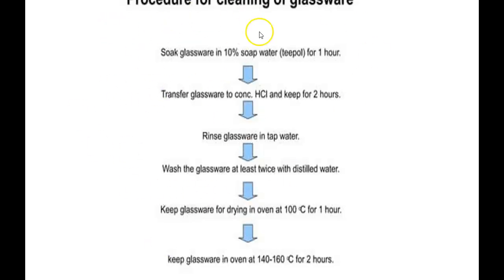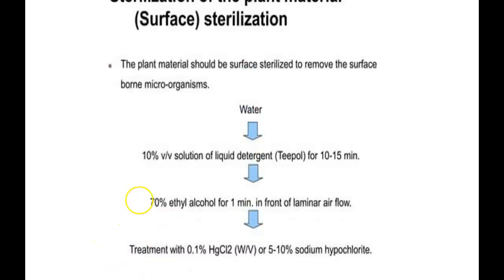For the procedure for cleaning glasswares, first of all you have to soak the glass in 10% soap water for 1 hour, then transfer the glasswares into concentrated HCl for 2 hours. Then you rinse the glass in tap water, and then for 2 hours you keep the glassware at 140 to 160 degrees centigrade. The surface sterilization of explant is very much